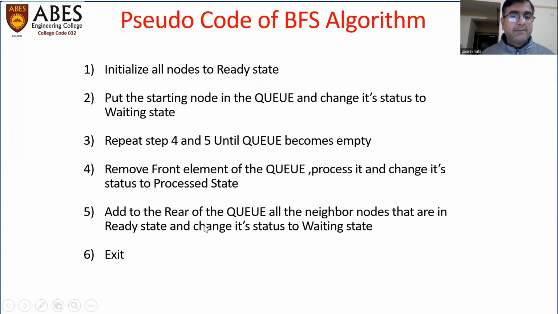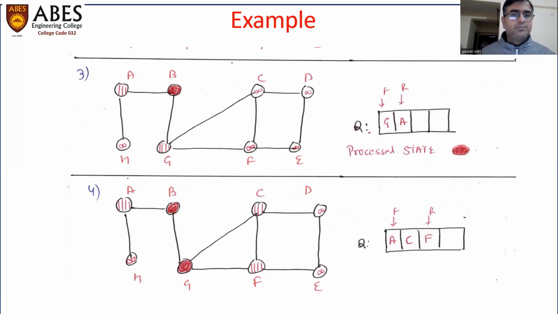This is an important thing. All those neighbor nodes that are in ready state, change their status to waiting state. As we all know, the nodes that are in the queue will be in waiting state. So I have processed this, and after processing, according to the fifth step,